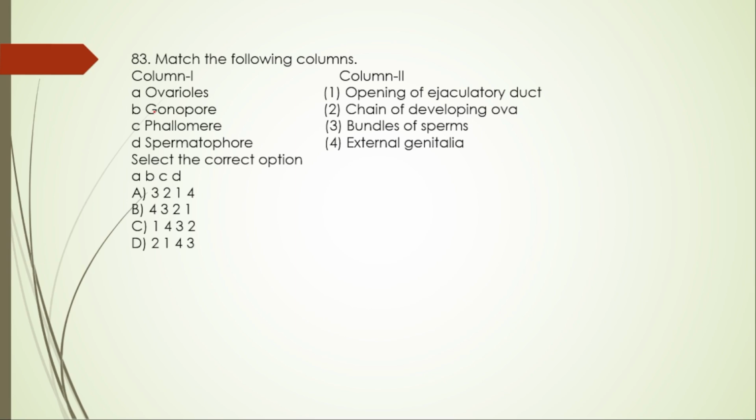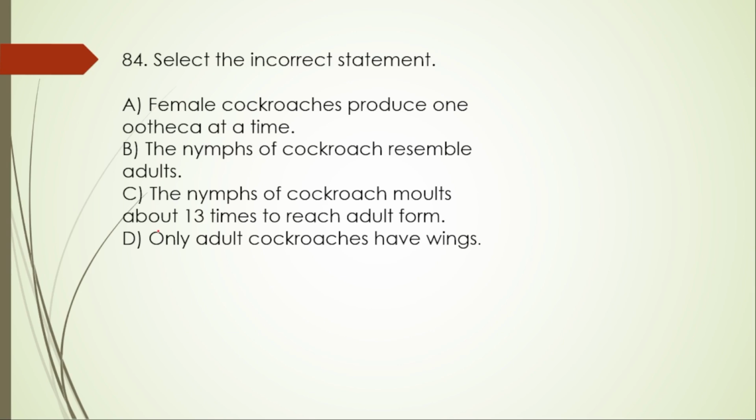83rd one, match the following again. Ovules, we just discussed, isn't it? They are the chain of developing ova, that is A is 2. A is 2 means D is correct. 84th one,